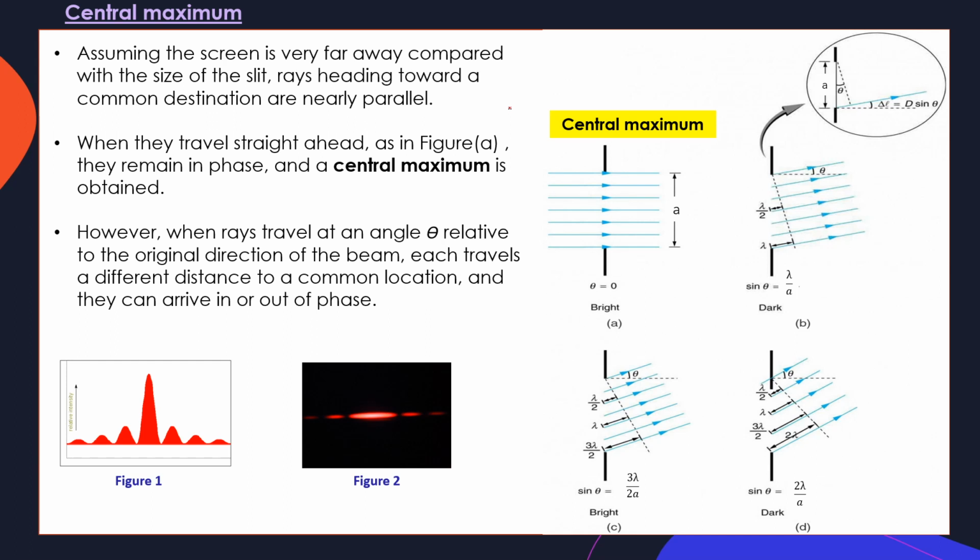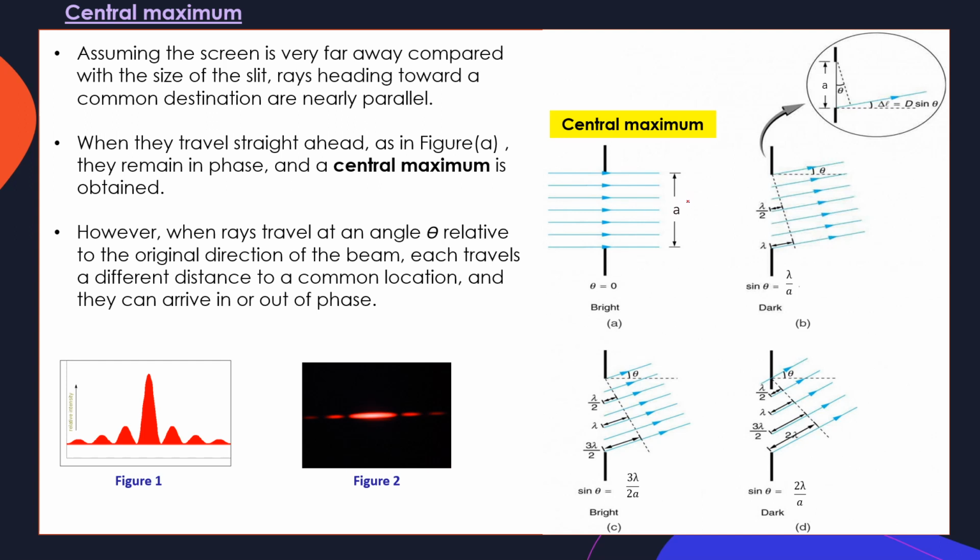According to the Huygens principle, every part of the wavefront in the slit will emit wavelets. We're assuming the screen is very far away compared with the size of the slit here, and rays heading toward a common destination are nearly parallel. So when they travel straight ahead, as in this diagram, they remain in phase and a central maximum is